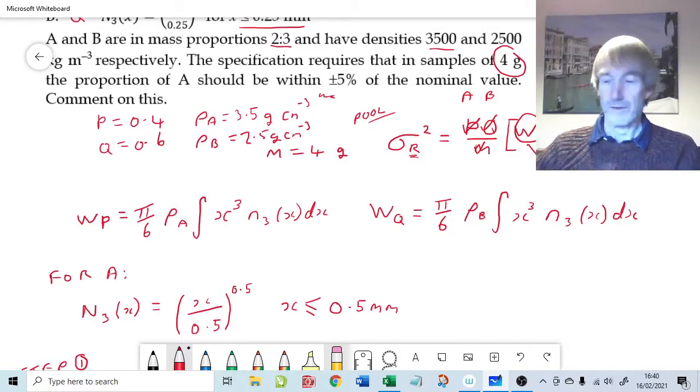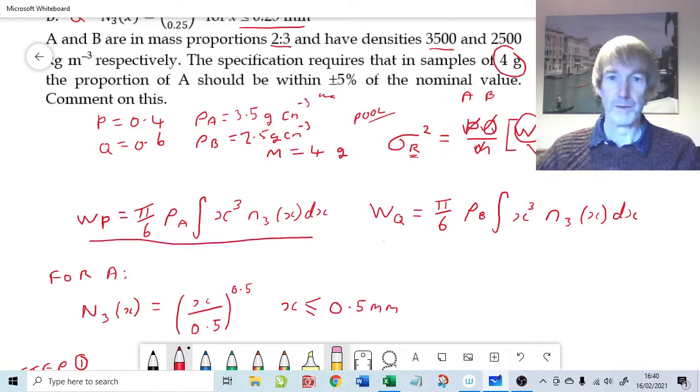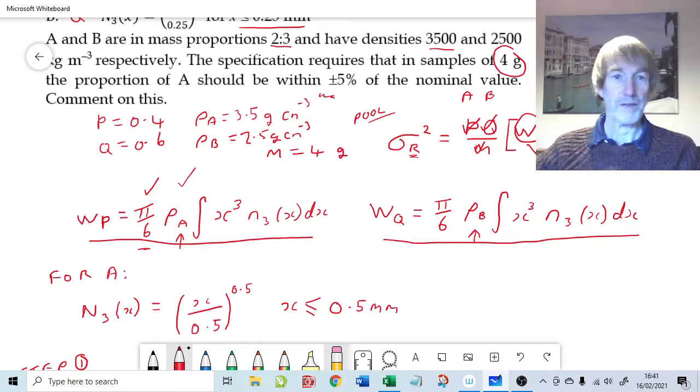First of all, what do we need to calculate? The average particle mass of component P is here. The average particle mass of component Q is here, and as I said, we're using A for component P, B for component Q. So straight away I'm assuming spheres, because we have just here a volume shape factor for spheres, pi over 6. We have the density. Now we would like to have x cubed just here, the average particle size cubed,